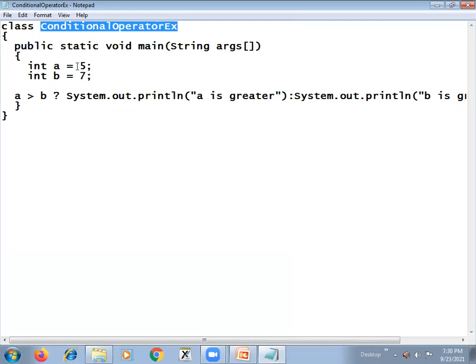Okay, so now for these values, which one is printed? What is the output we'll expect from this program? Yes, Sejal. Yes, sure. We get false here. Okay, so 5 greater than 7 means false. So where does it go? It jumps to the second print method. Then it comes here and it prints b is greater. Let us see whether we'll get the same thing or not.